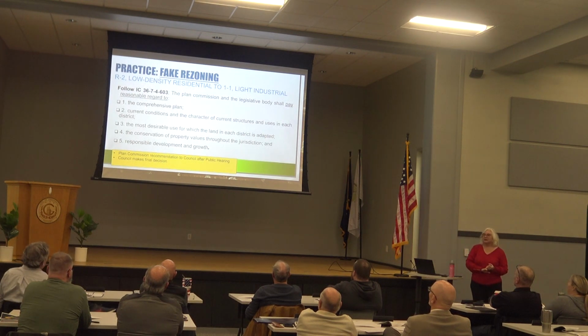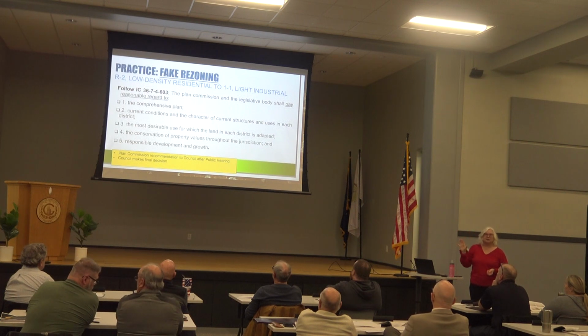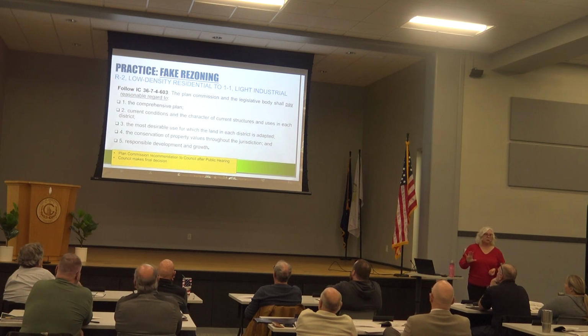So if we look at Indiana code and at your ordinance, these are the 5 criteria that you're supposed to use to grant a rezoning. What is the first one? The comprehensive plan. So you've got this new comprehensive plan. We're going to take a look at that. We're going to go through all these and look at them one by one, so I won't read them all for you now. But these are directly from Indiana code. So we have no wiggle room on this. We don't make up our own. Indiana state law says this is what every plan commissioner and every city council has got to use to make